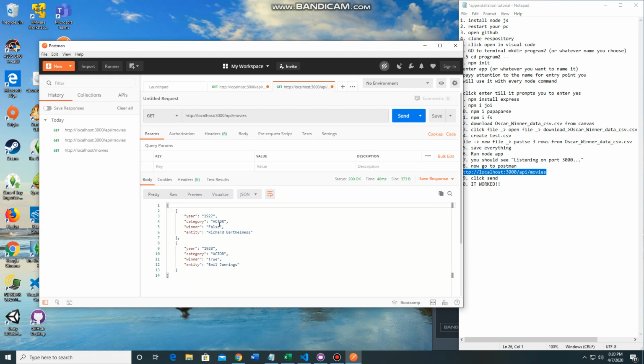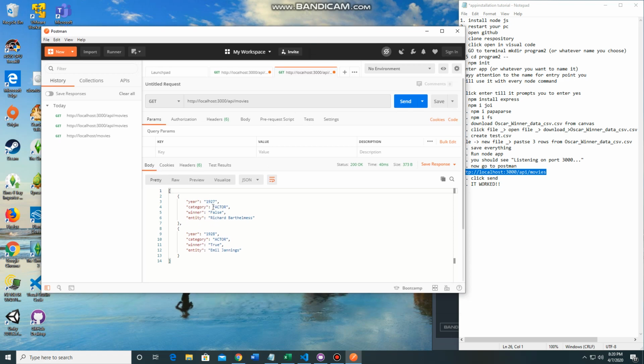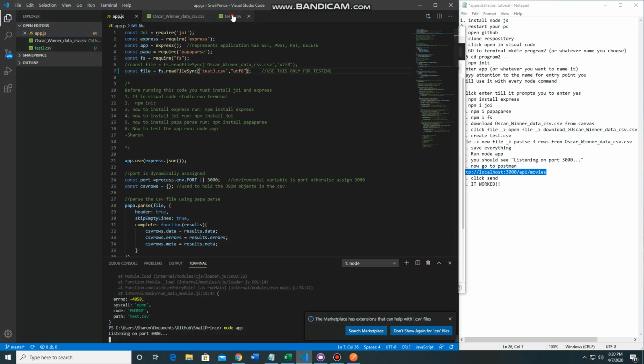And it does. So you'll see it returns a collection of JSON objects that was in your test CSV file that include 1927 and 1928 with the actor. Let's go double check that that's right. And it is. So that's really cool. If you want to test the actual file of